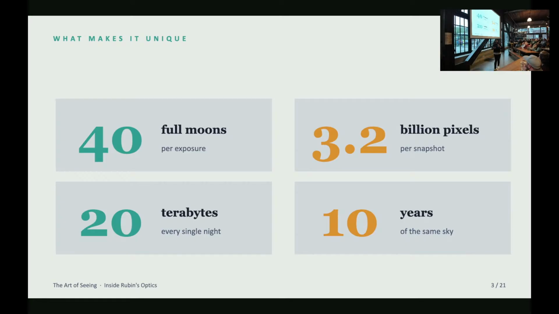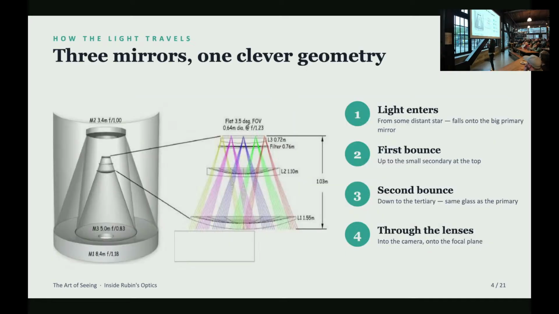So we're very excited about this. But then the question becomes, how does a big telescope like this work? How do we get that kind of resolution? The telescope is done with three mirrors. So the first mirror, or M1,